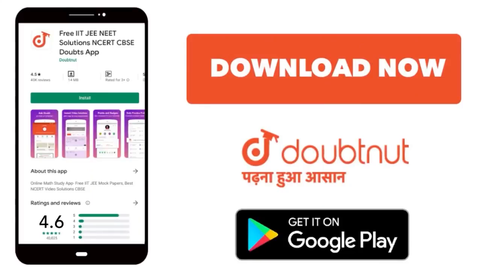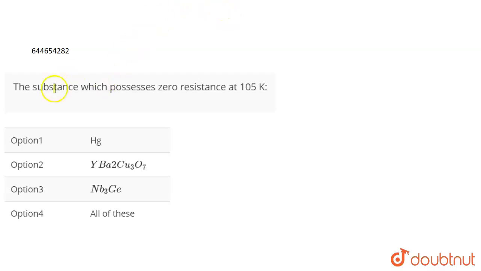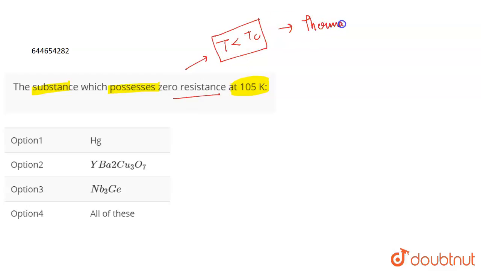Download Doubtnut app today. The question is, the substance which possesses zero resistance at 105 Kelvin will be. Now zero resistance happens when the temperature is less than the critical temperature of the substance, right? When the temperature is less than the critical temperature of the substance, what really happens is that the thermal